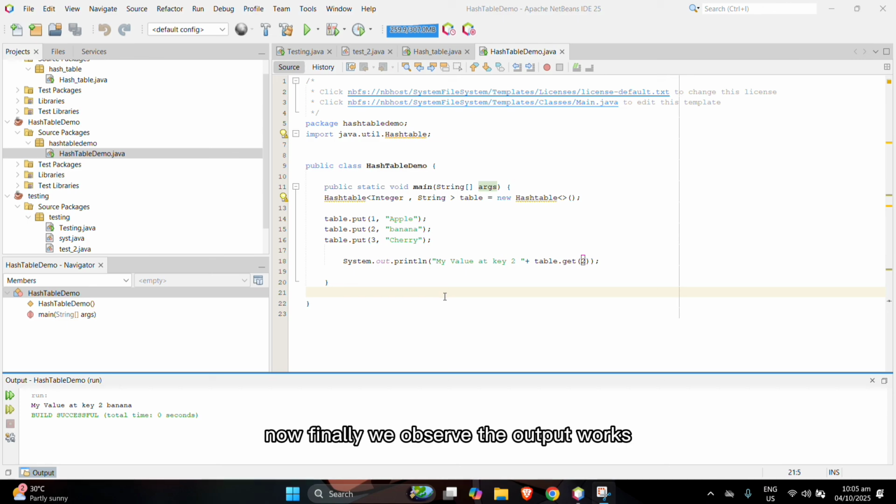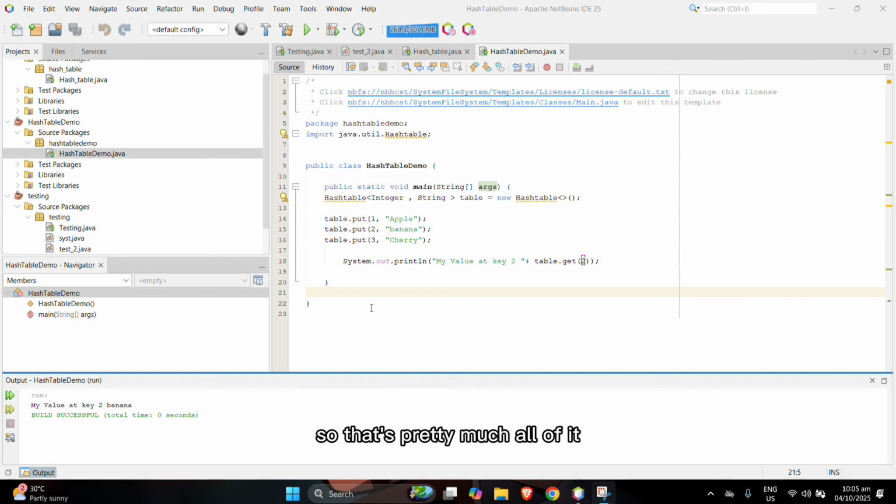Finally, we observed the output, showing key-value pairs without guaranteeing order but giving us fast access to data. In short, hash tables are one of the most efficient data structures for storing and retrieving information because of their near constant time operations.